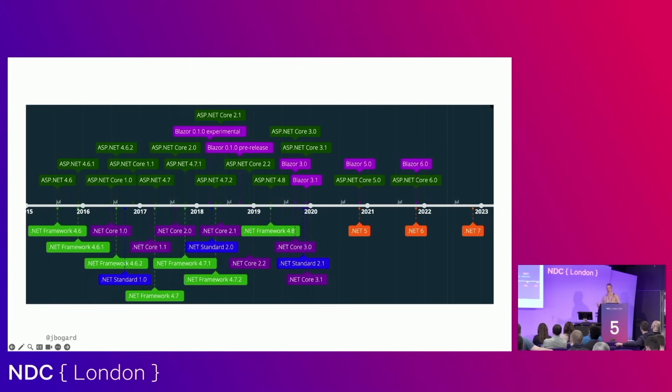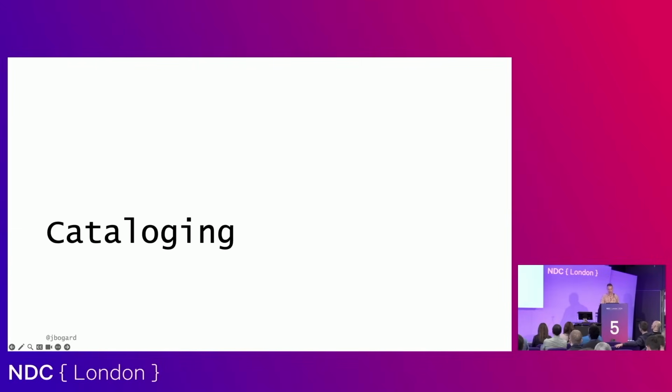So I have to understand, like, well, what is the relative size and scope of the thing we're trying to achieve here, and how big is the application, and how much work is it going to take to actually migrate it over? And there's a few different ways I do this. I like to get just kind of a catalog of everything the application does, as well as all the dependencies it's using, any kind of libraries, things like that, just to understand what's the migration path for each of these different